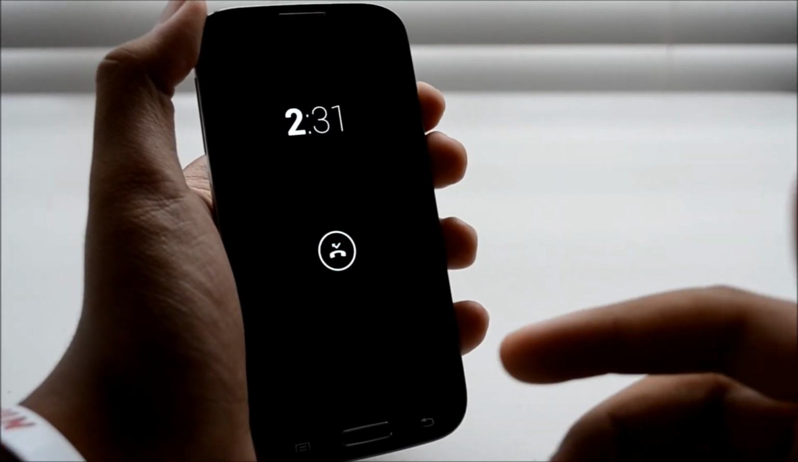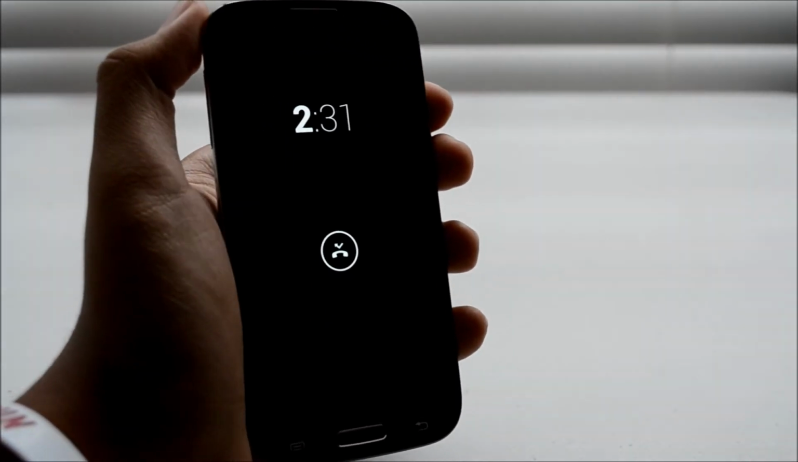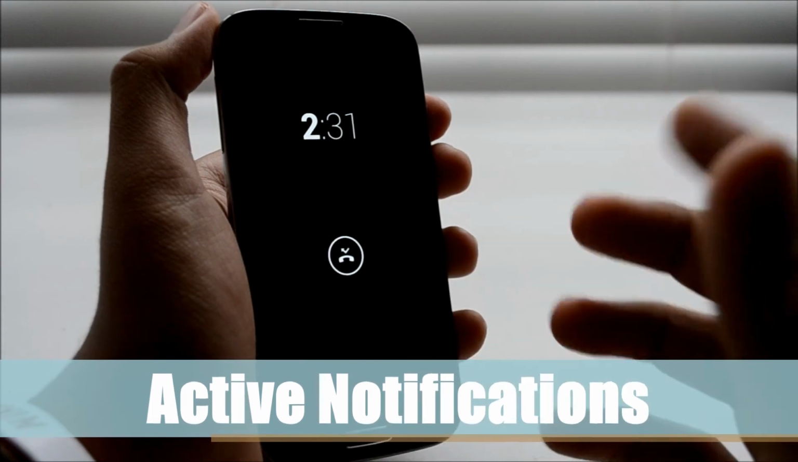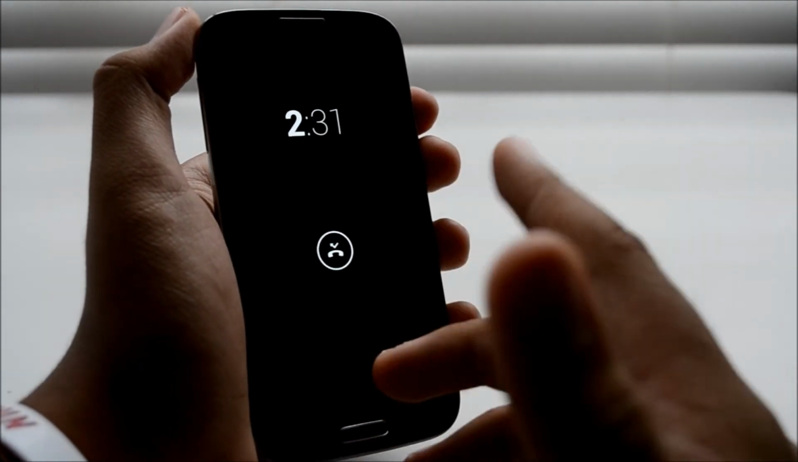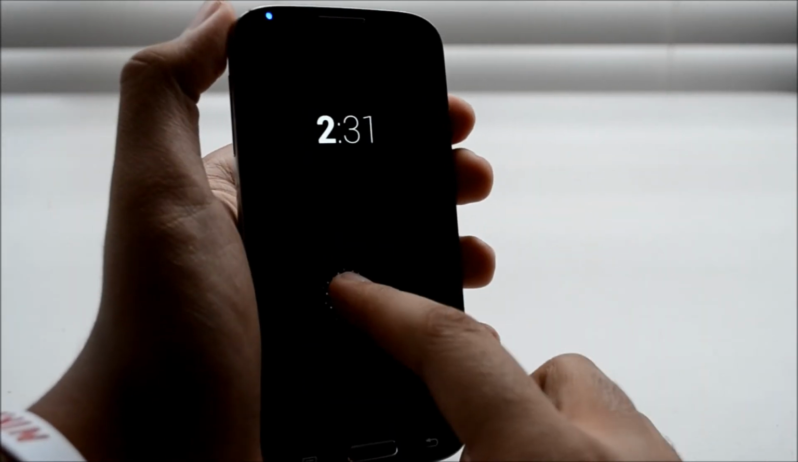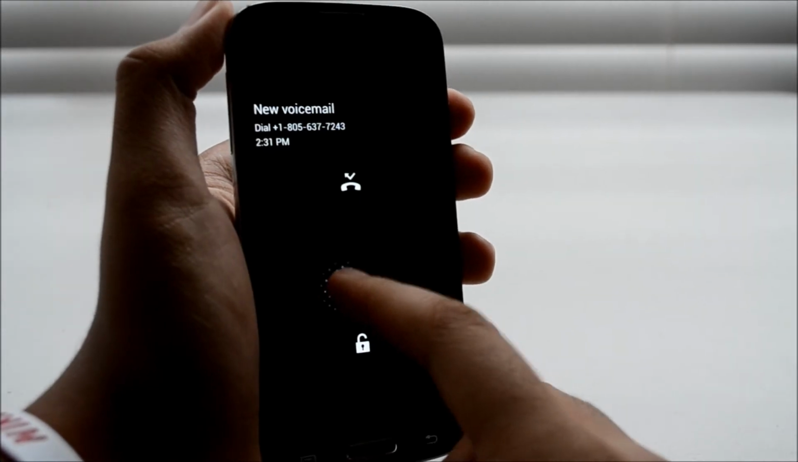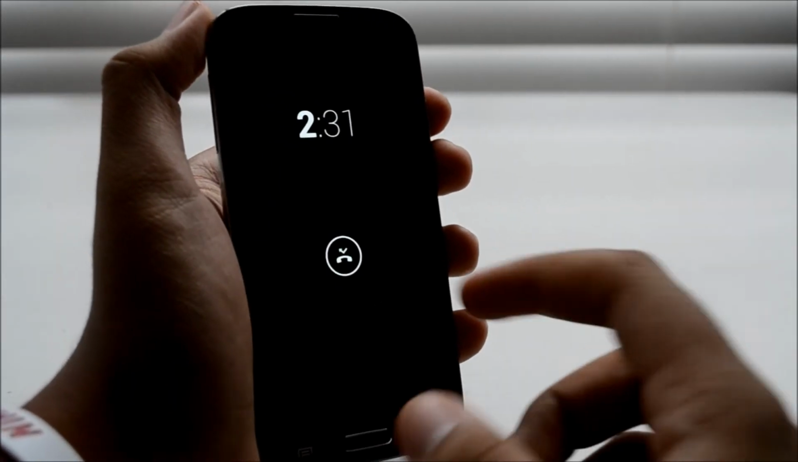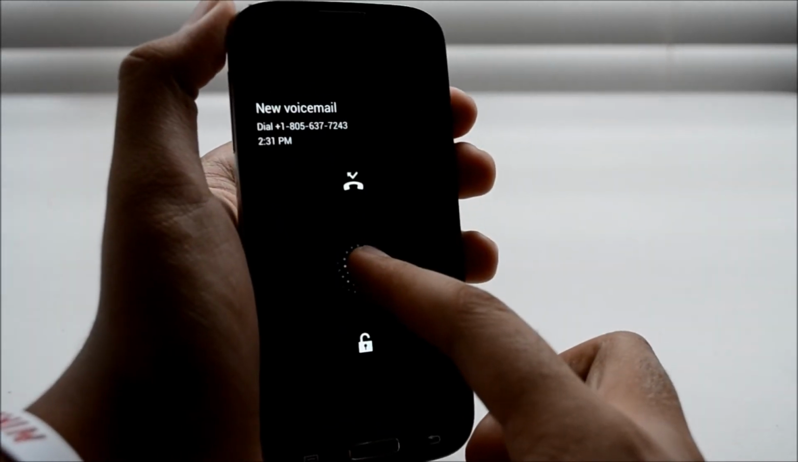Also, what I have going on here has nothing to do with the ROM itself. This is something called active notifications. Go ahead and check this out in the Google Play Store. I just happen to have this running. But if you know the Moto X that was announced by Motorola and Google, mostly Motorola, they have this